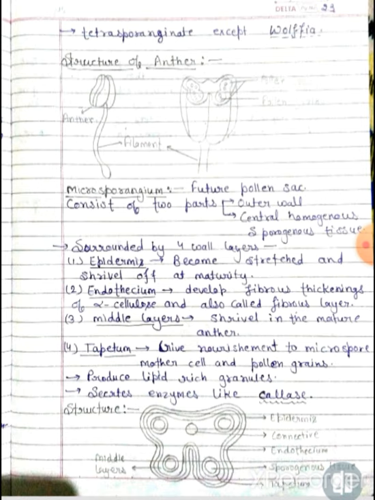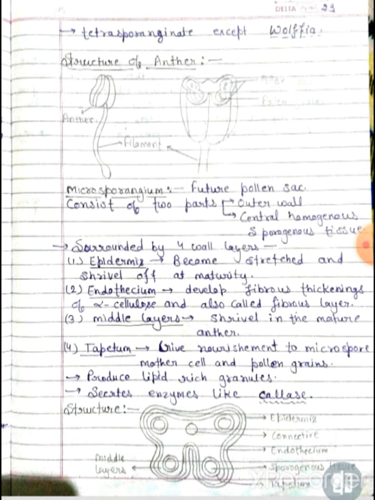What is an anther? Anther is bilobed in structure. The filament bears an anther, and the anther is a broader, knob-like fertile part of a stamen. It is bilobed, and each lobe has two chambers, and the two chambers possess long and cylindrical pollen sacs or microsporangia. So it is called tetrasporangiate in nature. Most are tetrasporangiate in nature, except for one exception, which is Wolffia, which has only one lobe or one microsporangium.